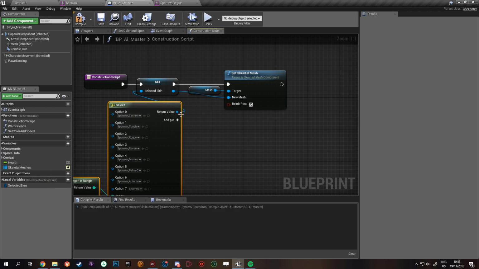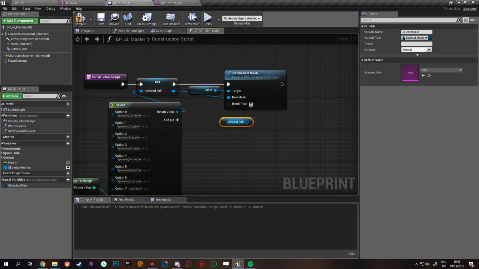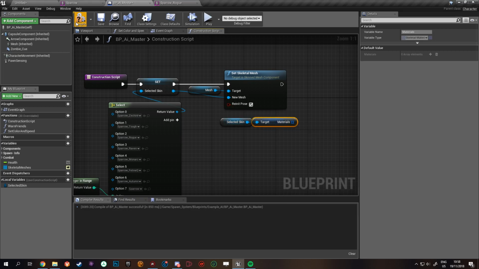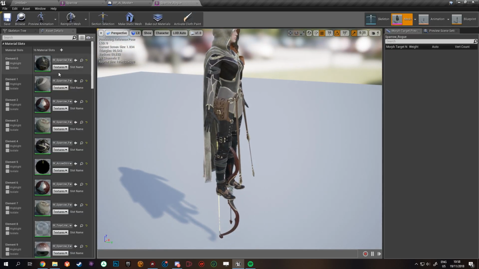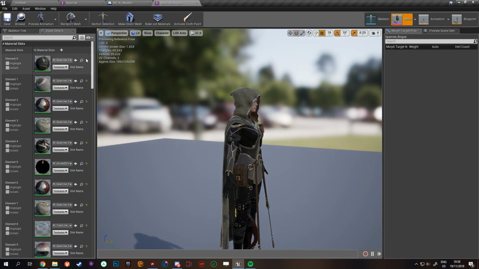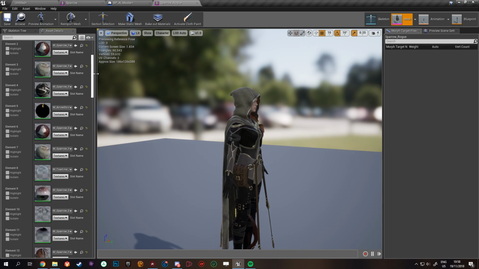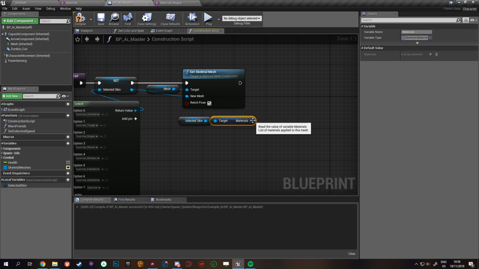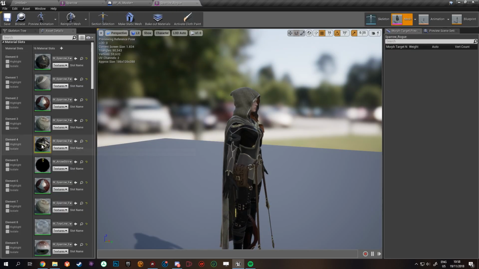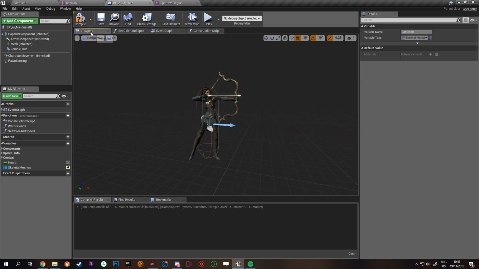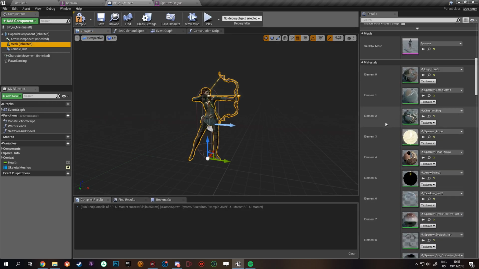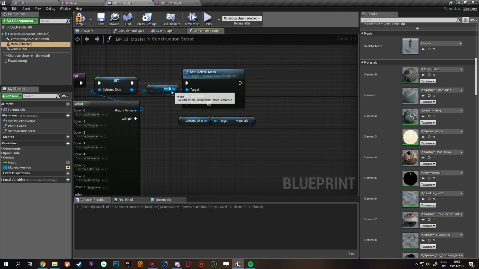But what we have to do now is from that selected skin, we're going to do get materials. So what that does is go into that skeletal mesh. So if it's this skin, it's going to get into this file and it's going to get all these materials on the list, the whole list of these materials. And we're going to use that to apply the original materials from this skeletal mesh to the current skeletal mesh. So we're going to replace all of these to make sure that the proper ones are set for the specific